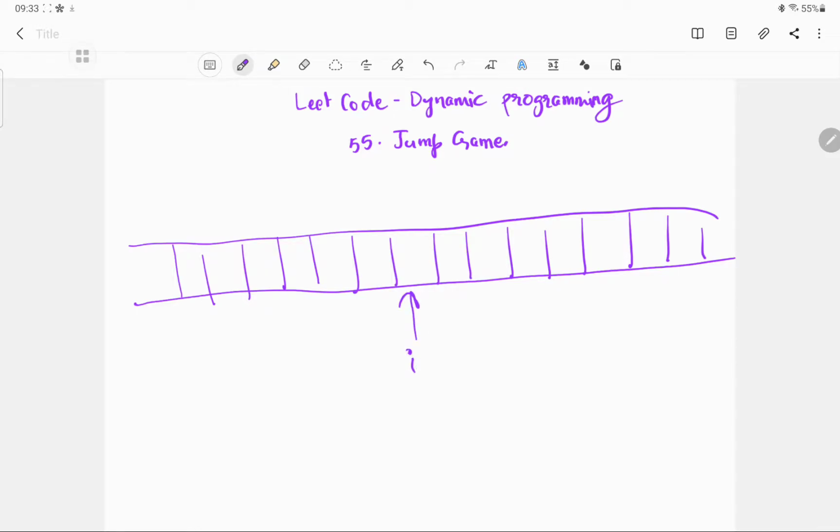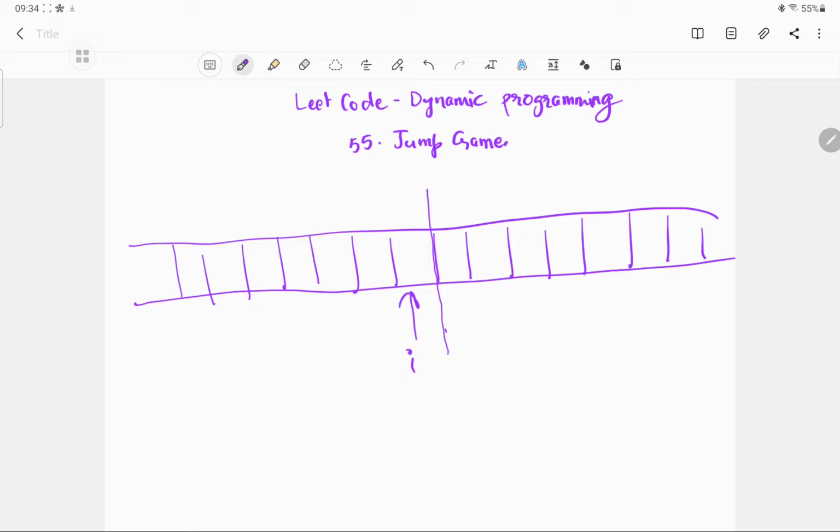In dynamic programming, we try to find out what would be the answer of this ith. Suppose the question was only till this point. If we are able to find the solution of this i, then we are able to build from this. That's the basic thing. We try to divide the question into a smaller question, find the answer of that question and then build from there.